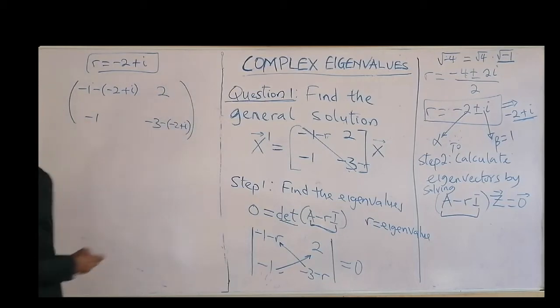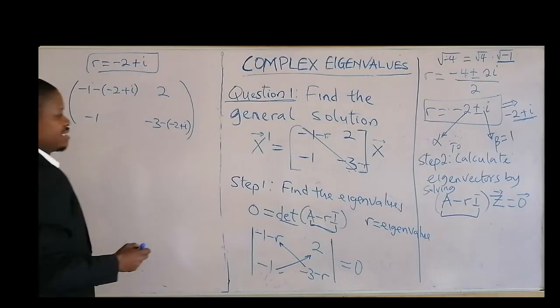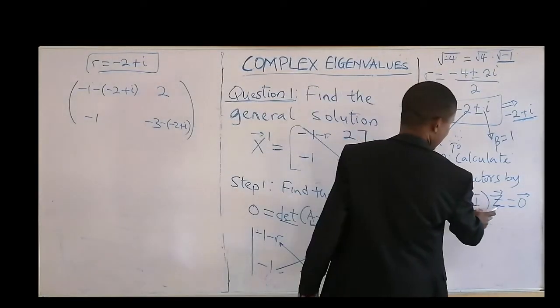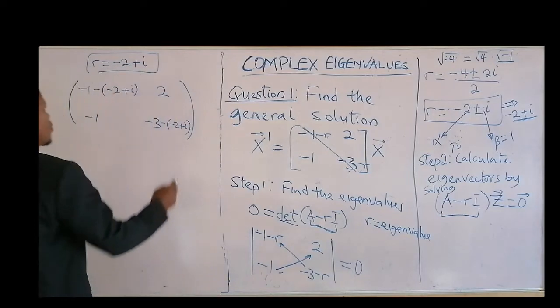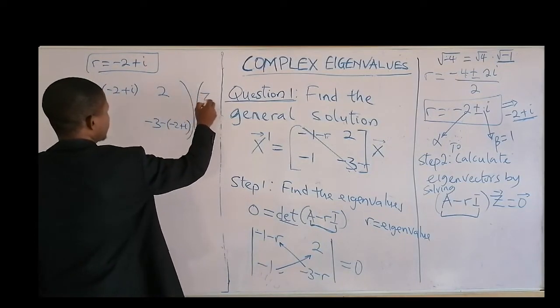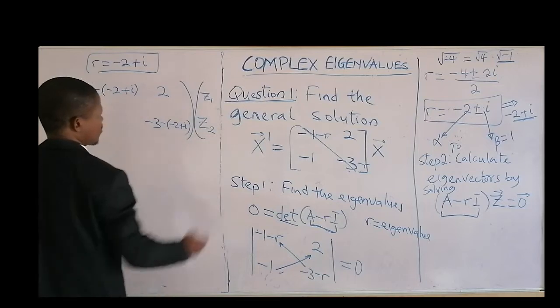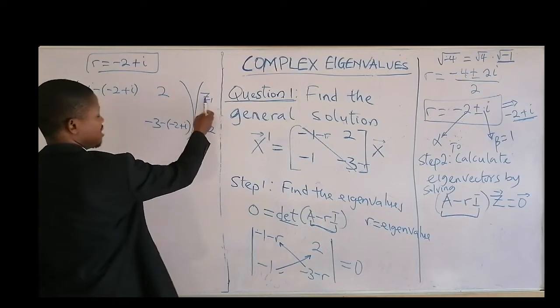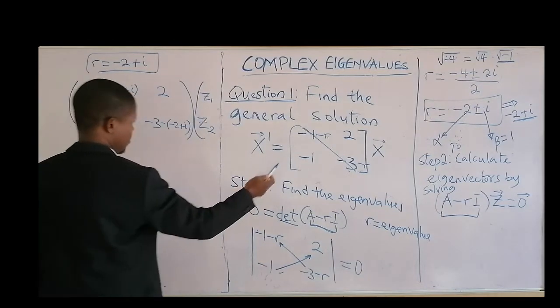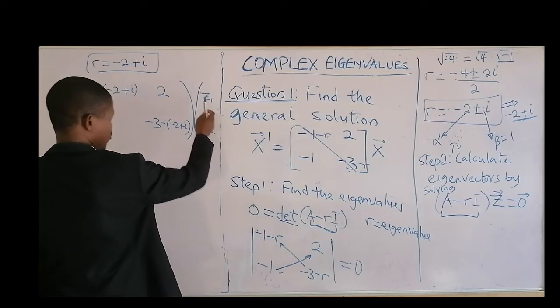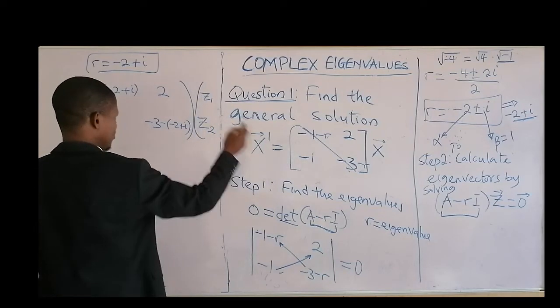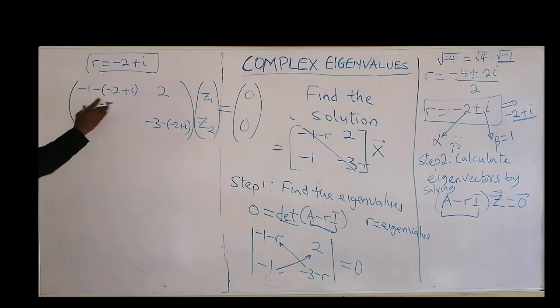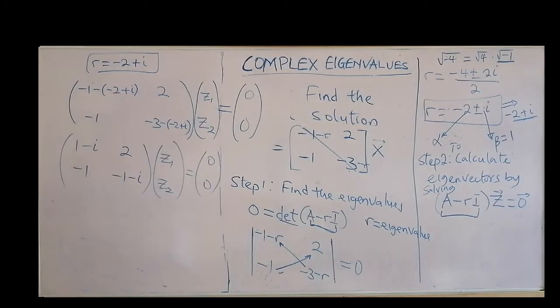Okay, close this. Then this one, Z, is the eigenvector, and that's what we are looking for. The components of that will be Z1, Z2. If your matrix is 3 by 3, it will be Z1, Z2, Z3. But in this case, our matrix is 2 by 2, so I'm going to have Z1, Z2 as the components of Z. Let's get the value of this. So that's what we have now. Then the next thing to do is the augmented matrix.